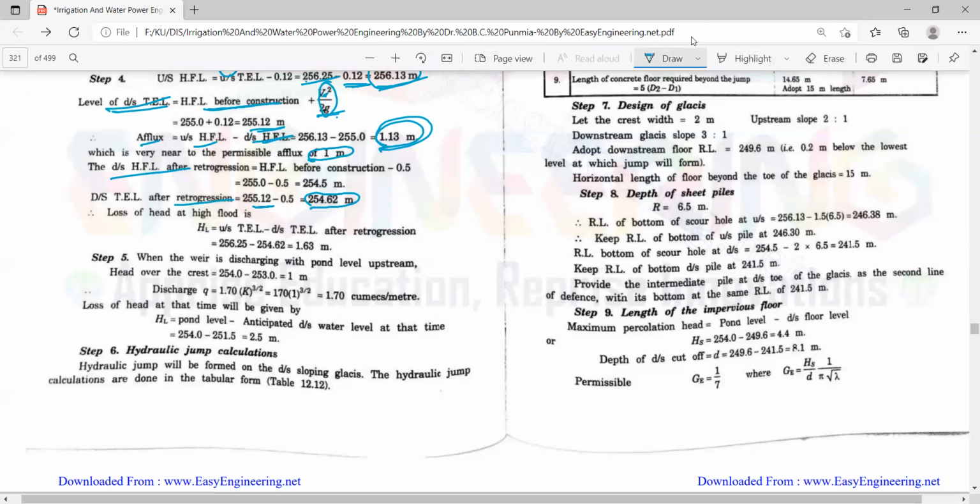Loss of energy will be 1.63 meters. So energy loss is 1.63 meters. Head loss will be 1.63 meters. So now,